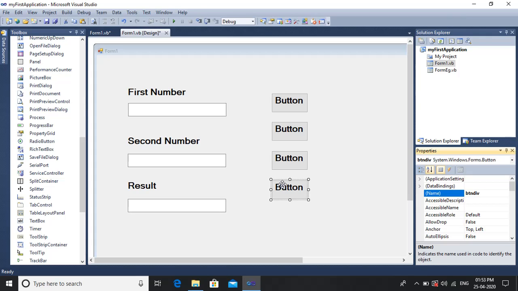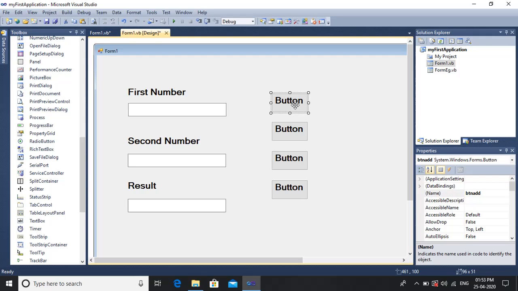Usually, in the naming convention of Visual Basic, the button control always starts with btn followed by its function, like btn add. In the same way, for the text box, it starts with txt and its function. For the label also, it's lbl